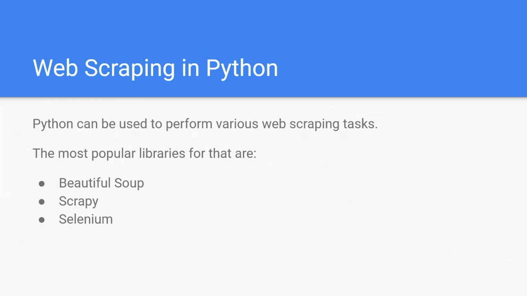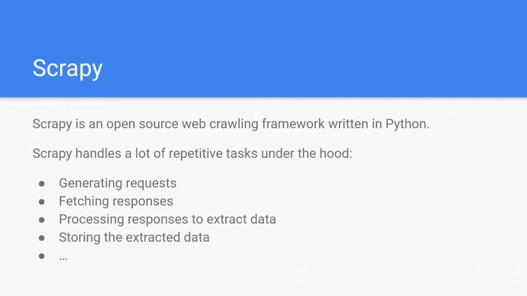So what Beautiful Soup does, if you have an HTML web page, it helps you to extract some information. So it's an interface for you to say, Python, please extract to me information from this H1 tag. Please extract for me information from the paragraph, and so on. So yeah, it's very low level. You are interacting only with HTML content, and you still need to do requests to the web page and receive responses yourself. And to help with that, there is a Scrapy library,